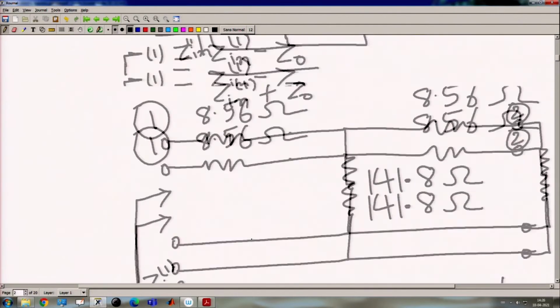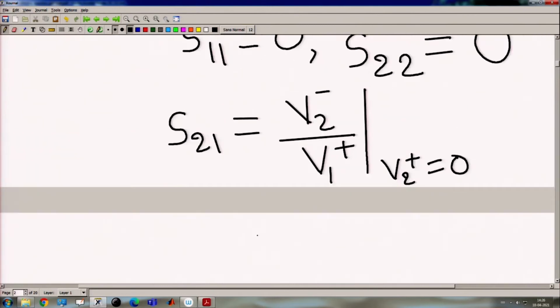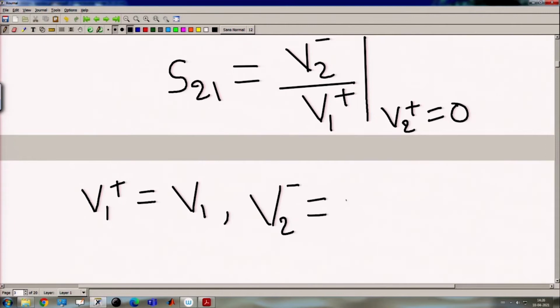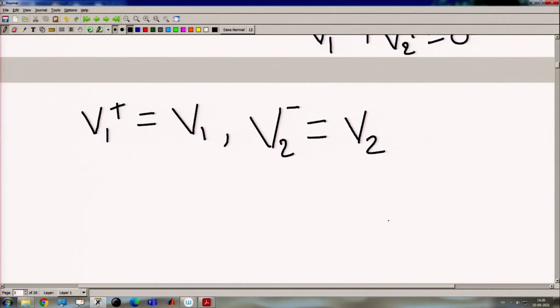So, now we have to find out V2 minus. V2 minus we can write in terms of V1 plus, because it is already matched. So, V1 plus equals V1, and V2 minus equals V2, because V2 plus equals 0 and V1 minus will also equal 0, because this is matched with the 50 ohm line at port 2. From this, because V1 plus will be V1 and V2 minus will be V2, then V2 minus can be written as,